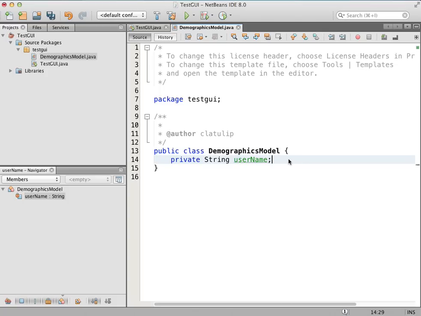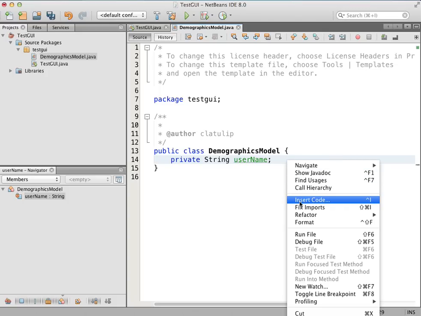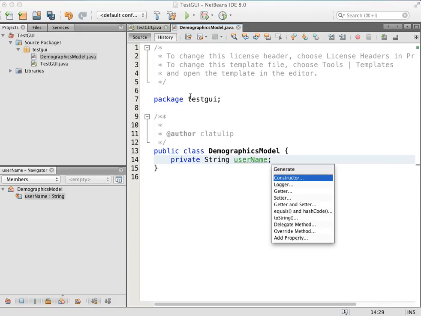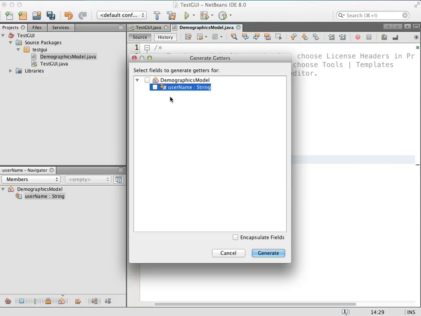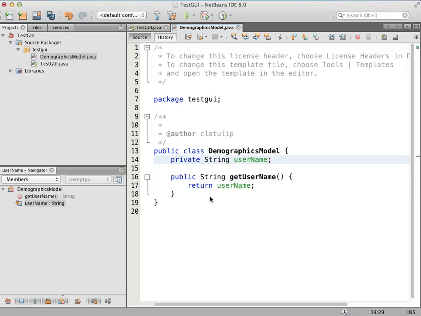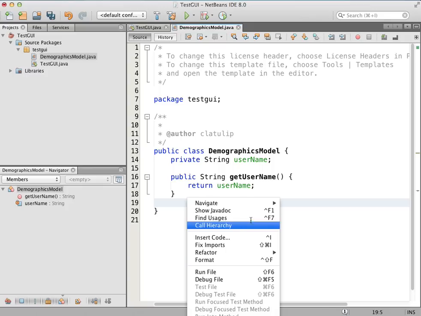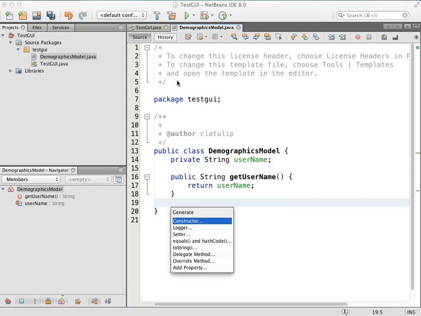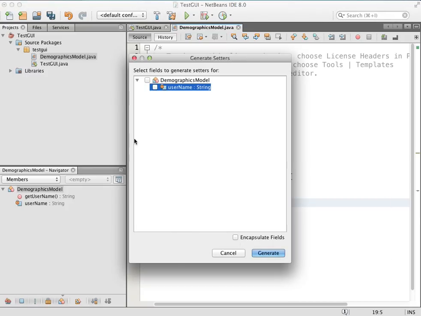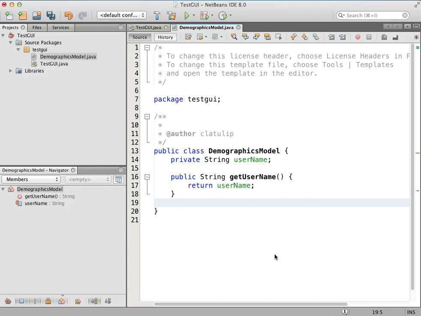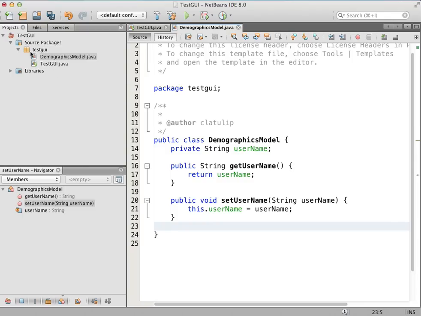And then we can actually insert some getters and setters for this. So insert code, getter, username, okay. And then we can actually generate a setter for this as well. Insert code, setter, username, okay. All right, so we've got our demographics model, and